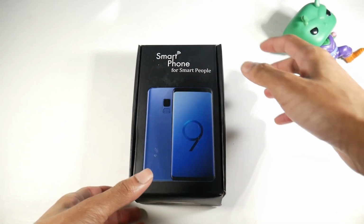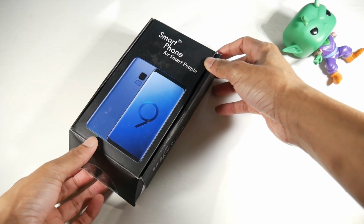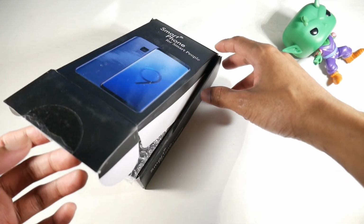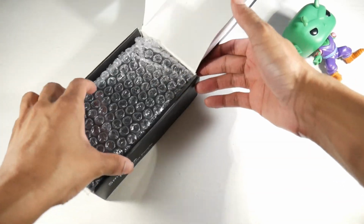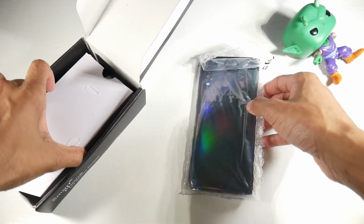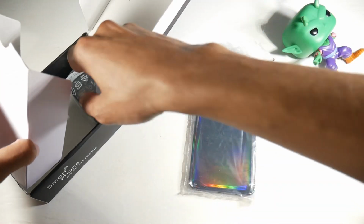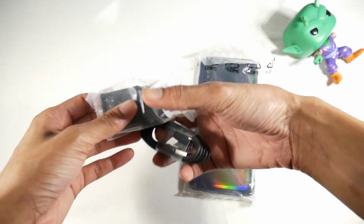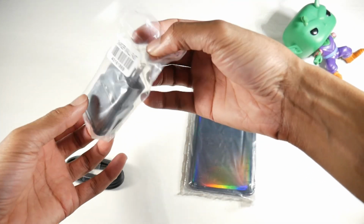Alright guys, today we're checking out the Galaxy A70. You guys wanted to see the refurbished products on Amazon, like the actual unboxings of them. Every time I get refurbished products, they are pretty good quality from Amazon. Now, I can't speak for eBay. I've had some hiccups with eBay with phones coming with screen burns and stuff like that, but overall, Amazon